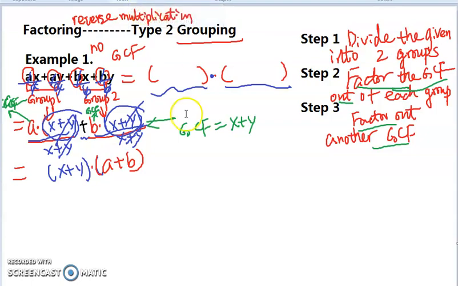Okay, so now let's look at one more example, example 2. In the first example, I had all pluses. This time we're going to put some minus signs in there. So example 2: we have 5x cubed minus, we can maybe do 10, actually, 10x squared,